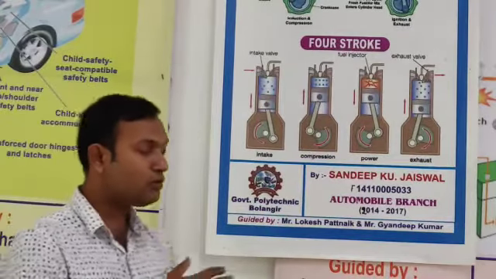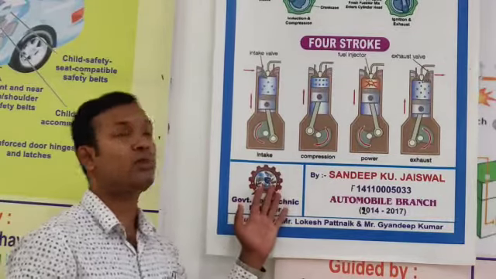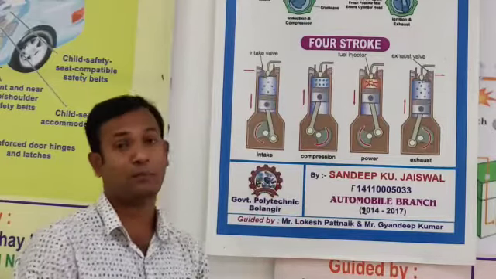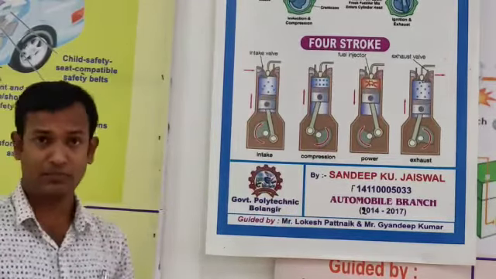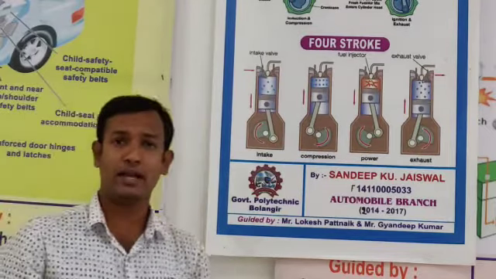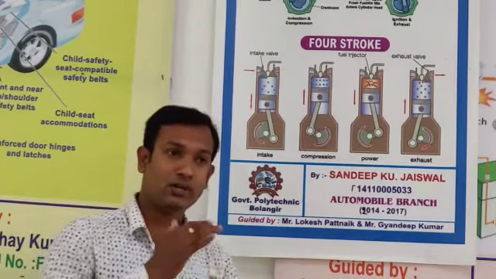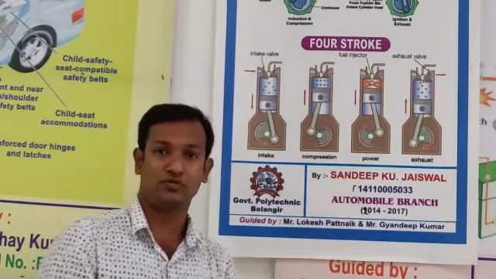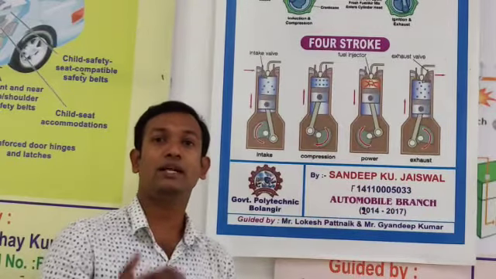If you are talking about the ignition, in a petrol engine the ignition is done by a spark plug. Then the first, the fuel supply system: the carburetor is there, and this carburetor is actually doing the vaporization and atomization of air sucked from the atmosphere and fuel, that is petrol, used here.